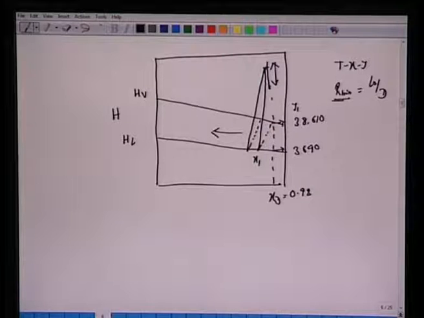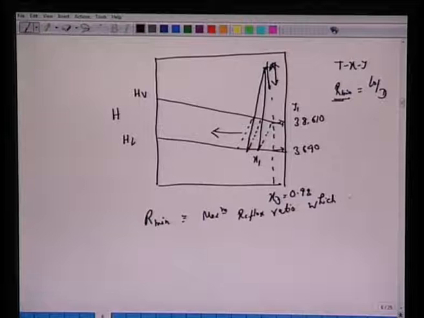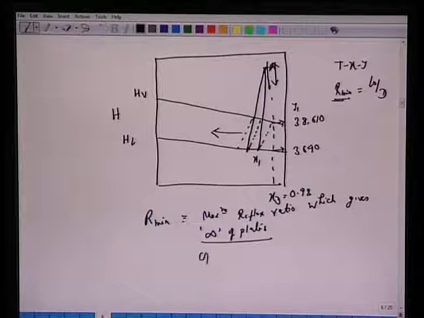So when we go down, this flow rate, this reflux ratio, then there is a risk of this operating line coinciding with this operating line. So the definition for R min, if you recall, is the maximum reflux ratio which gives an infinite number of plates. So essentially at infinite number of plates, we have the operating line coinciding with the tie line.